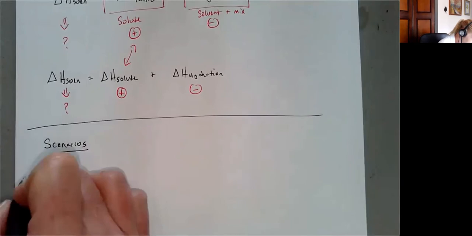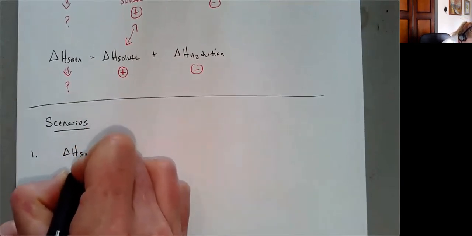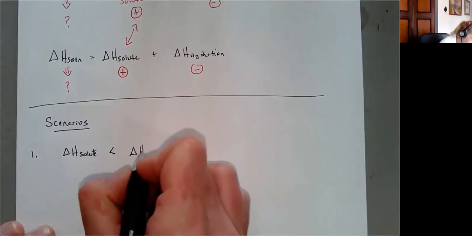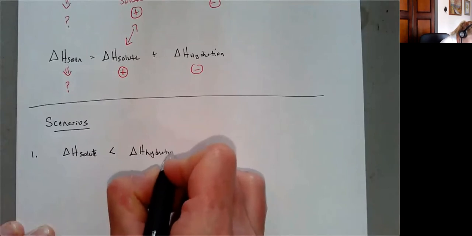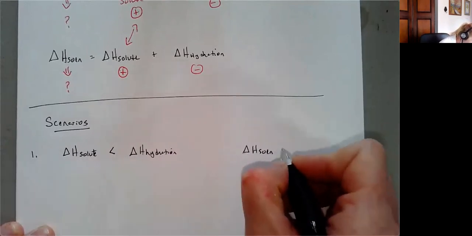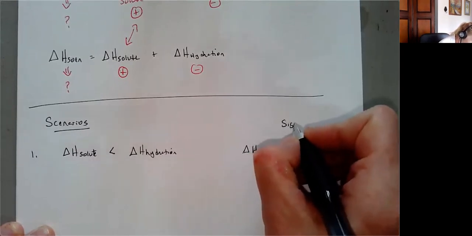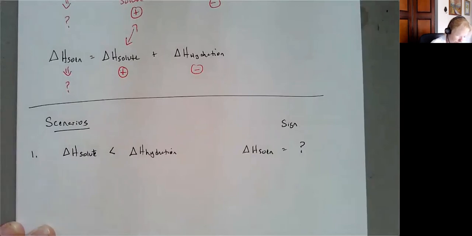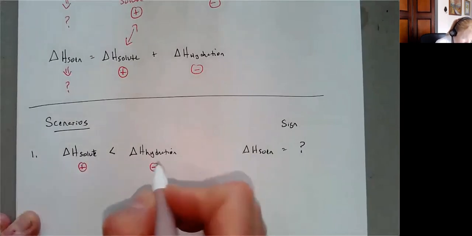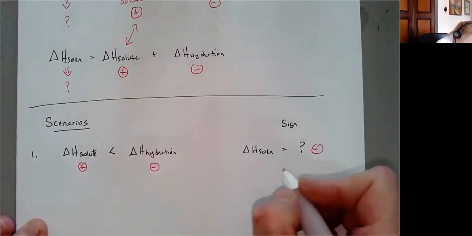Scenarios. So scenario number one, let's say I have delta H of solute is going to be less than delta H of hydration. My delta H of my solution is going to be what sign? Right now I'm going to predict the sign, all right? So I want to predict the sign. So this, remember, is going to be a positive. This is always a negative. So if this is greater than this, then this is going to be a negative,